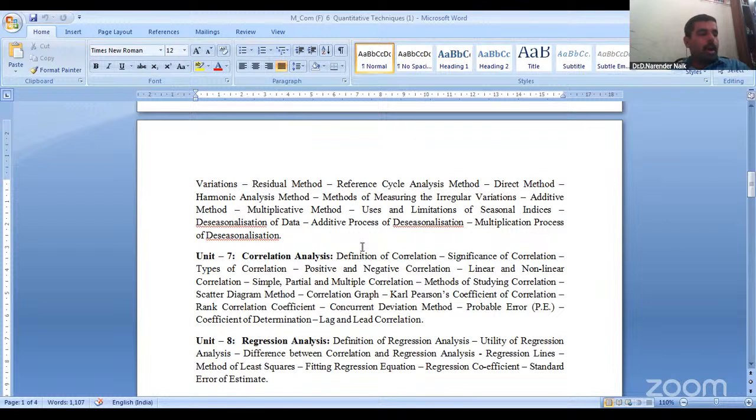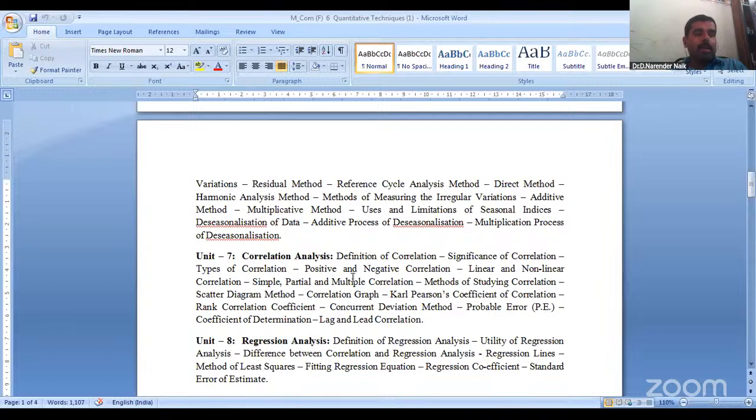So here in block 2, in relational analysis and forecasting, we are going to see from chapter number 6. This is also a little bit theory as well as some problems are involved. Then unit number 7 is correlation analysis. From this chapter, we are going to see the problems. The problems look very easy and very simple. If you practice regularly, you are going to solve the problems in the examination and you are going to get